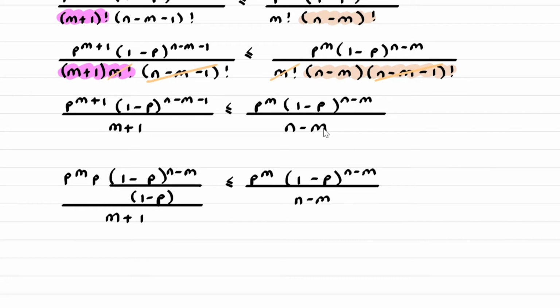So now if we think about what cancels, the 1 minus p to the n minus m cancels, the p to the m cancels,